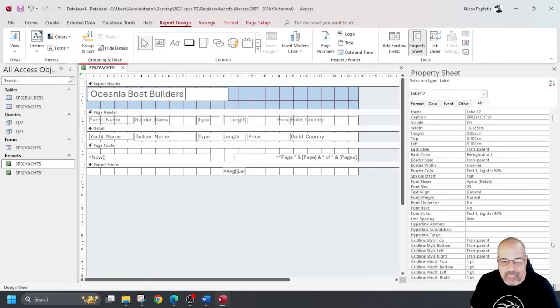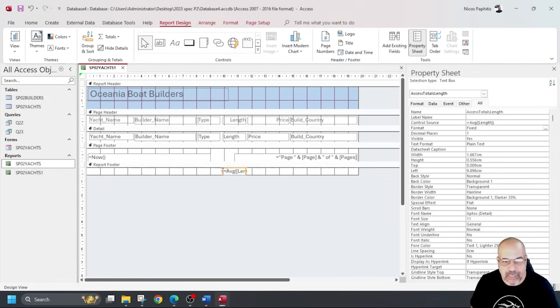It doesn't say anything about having a label here, saying that it's the average. Let me just check. Includes the heading. No, displays the average length value to 1 decimal place. Calculates the average length in this section and positions this number below the length column. It doesn't say anything about putting a title. That's fine. So over here,